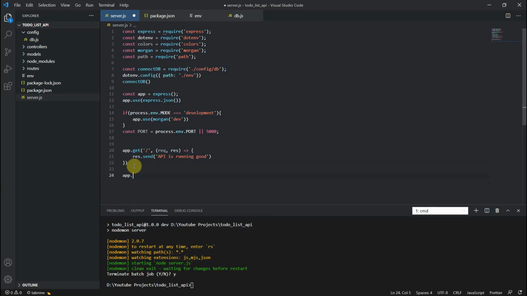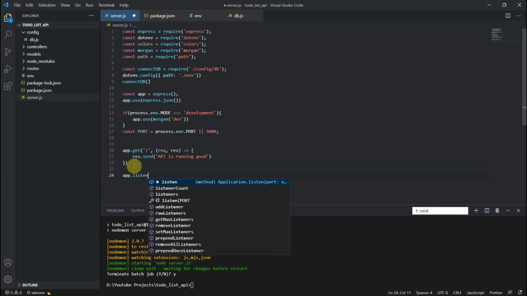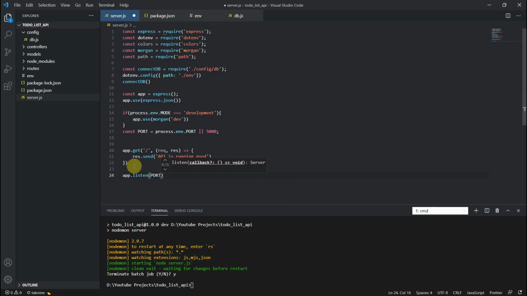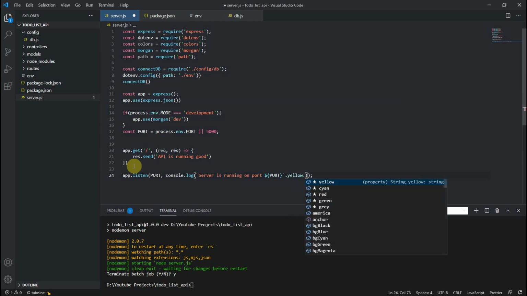Now you can see app.listen. The first one is port. If running, then just write console.log, Server is running on port, that port number, and it should be .yellow.bold.